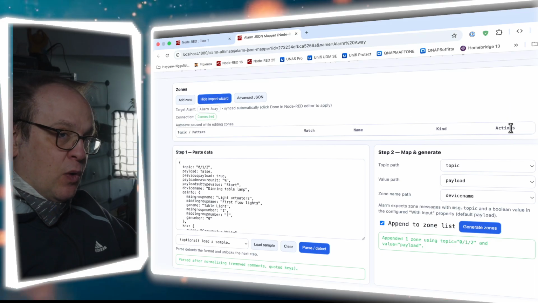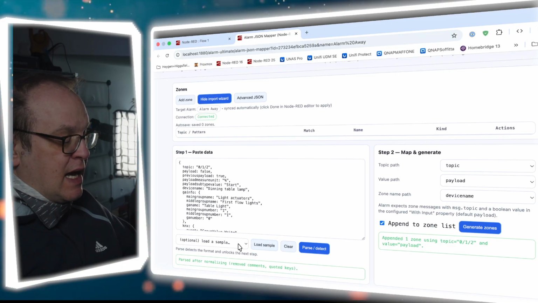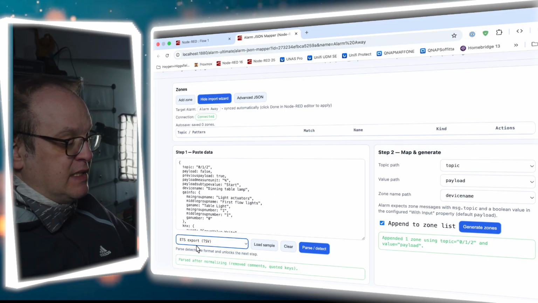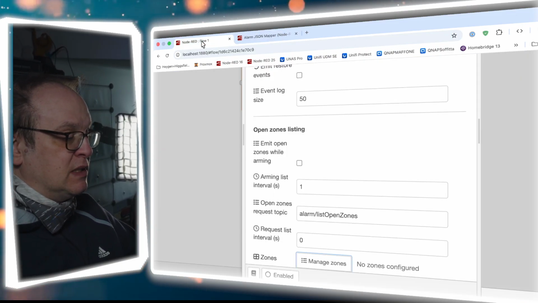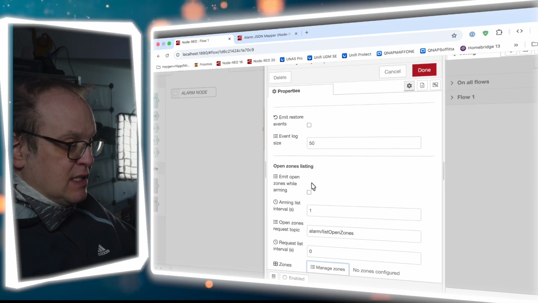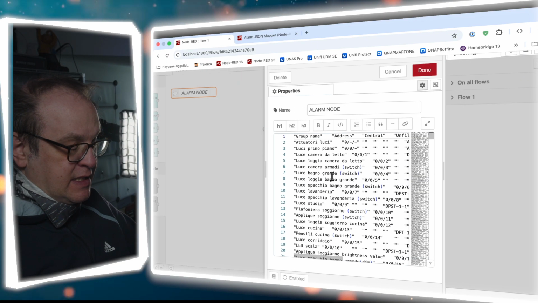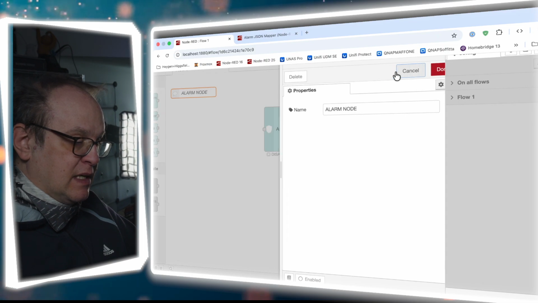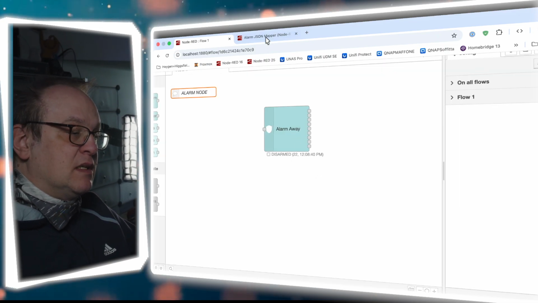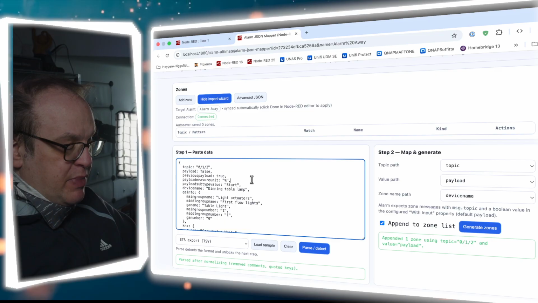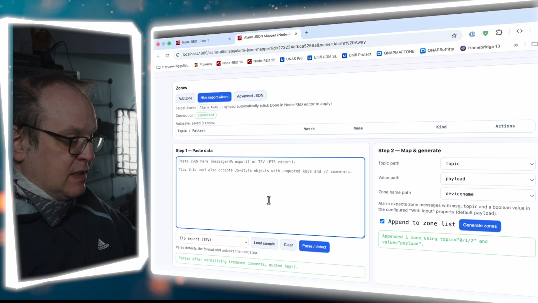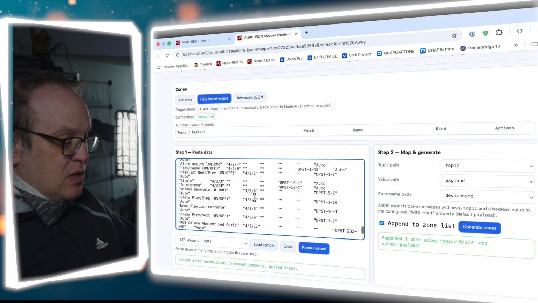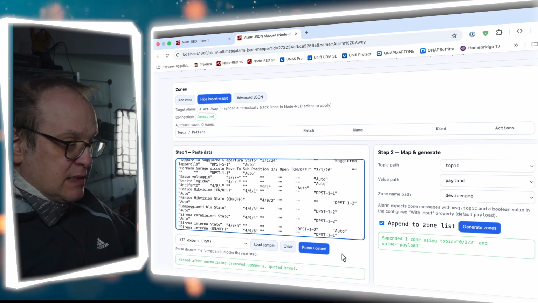Let's delete all and make an import with an actual ETS export from KNX World. I have saved my ETS group address export here in a text node, and I will paste the ETS formatted text here. Once done, I simply